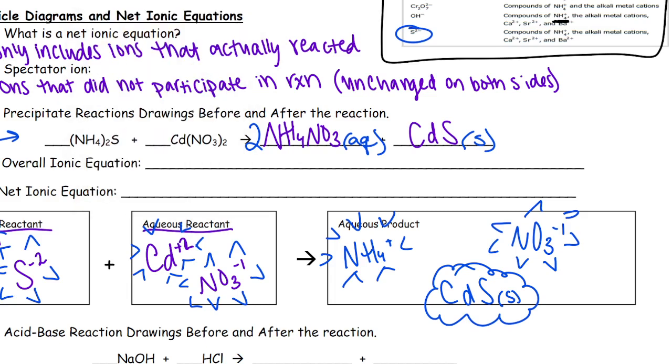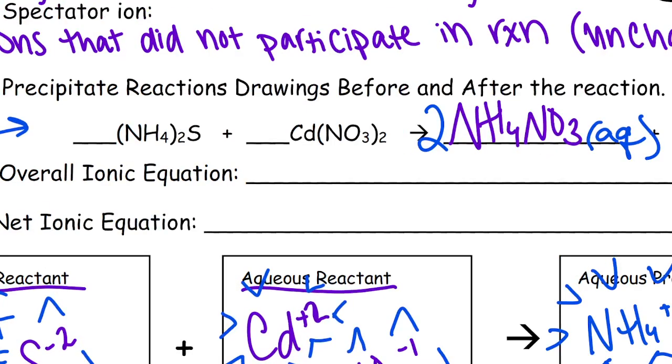Okay, now this part, you just methodically go through the reactants and products and write the overall ionic equation to show me every single ion that is present when the reaction is taking place. So if my coefficient here, I'll put the 1s just since there's blanks. If I have 1 (NH4)2S, the first thing that I have is an